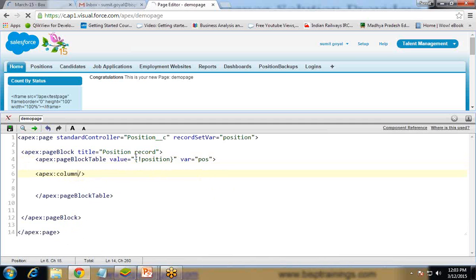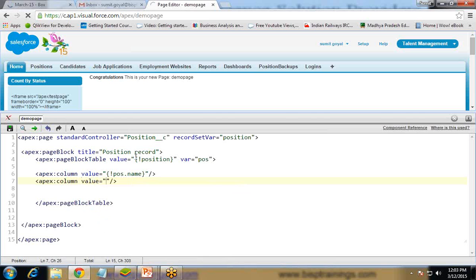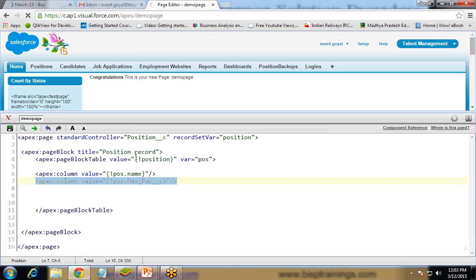So apex:column. The first column will display the name, so I use pos.name. In the second column, I would like to display maximum pay, so I write the API name of maximum pay, which is Max_Pay__c, and for minimum pay it should be Min_Pay__c. For API names, you should check with the property page of this position object.